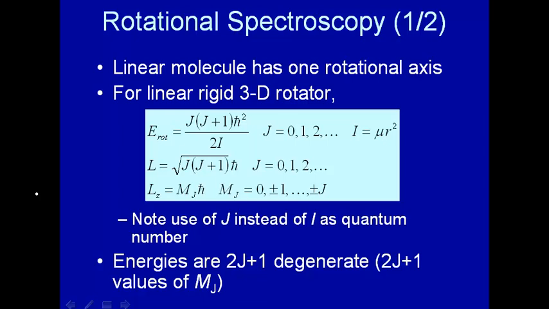Let's talk about rotational spectroscopy. Rotational spectroscopy is an experimental technique in which you measure transitions between various rotational energy levels. We saw from the quantum mechanical treatment of a rigid rotator that we have quantized energy levels, and we know